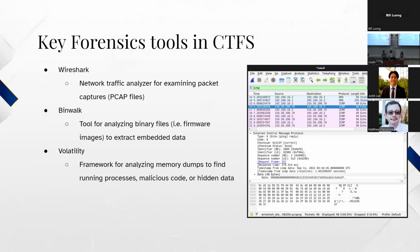Now I'll be talking about some of the key forensics tools within CTFs. The first one I'll be talking about is Wireshark, which is a network traffic analyzer for examining packet capture files. I put a picture up there on the right of what that might look like. So Wireshark can help with network traffic analysis,